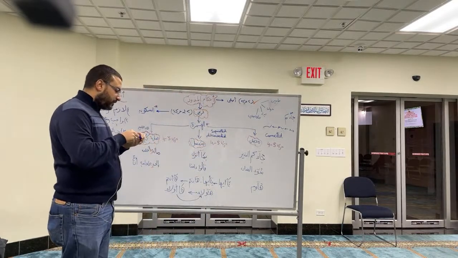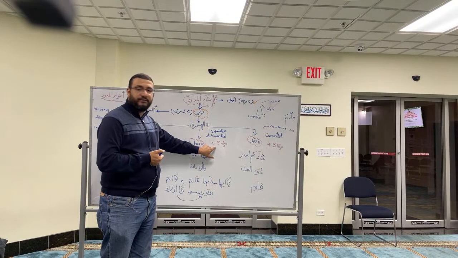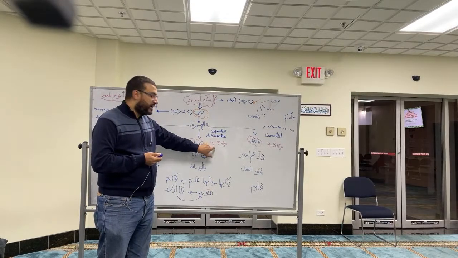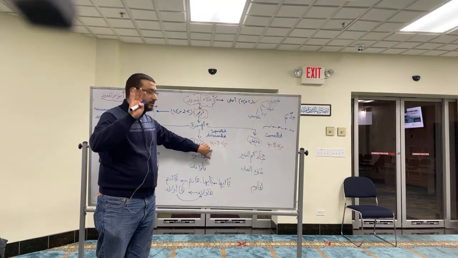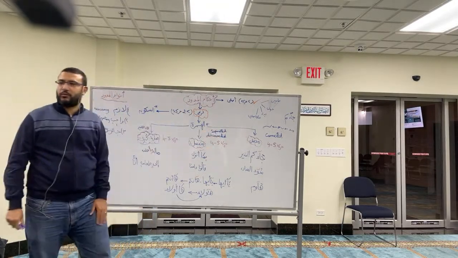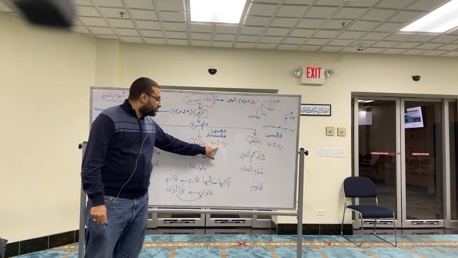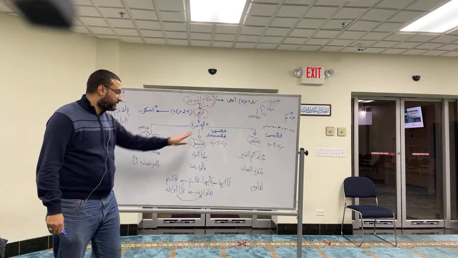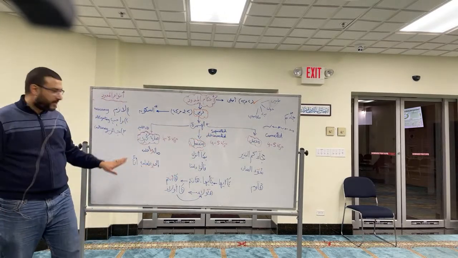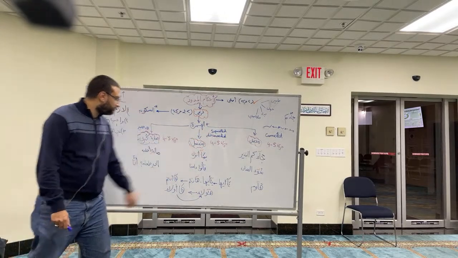Okay? So how long do we make it here? 4 or 5. And again, be consistent. If the first mad munfasil you make it 4 harakas, then all of them that come after should be 4. If the first one you make it 5, make all of them 5. Is this clear? The difference between the muttasil and munfasil is clear? And your clue is always alamat al-mad, this alama.